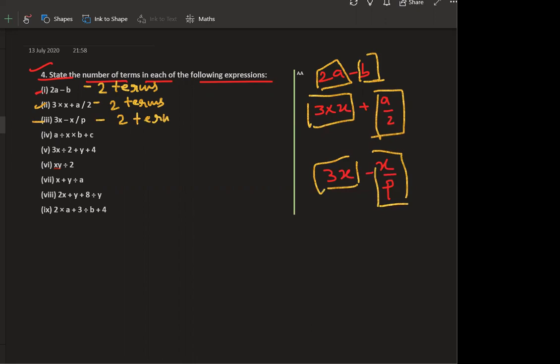Now next, a divided by x multiply by b, plus c. Now this is a tricky question. Now tell me the answer. A divided by x multiply